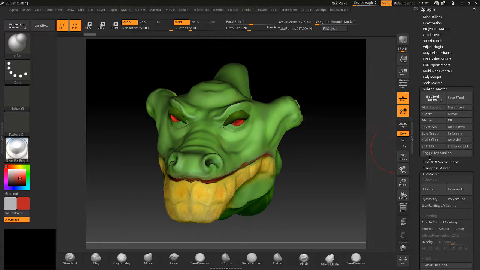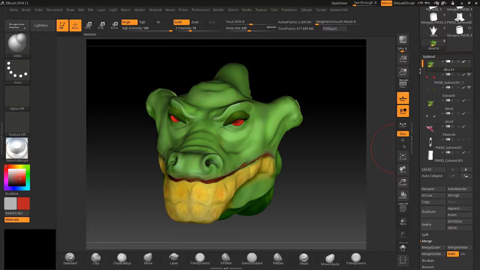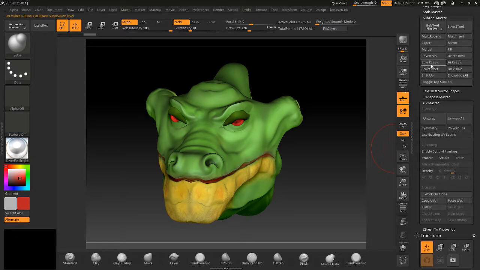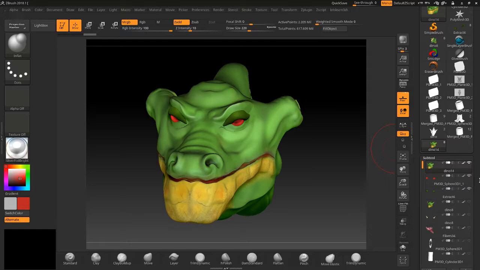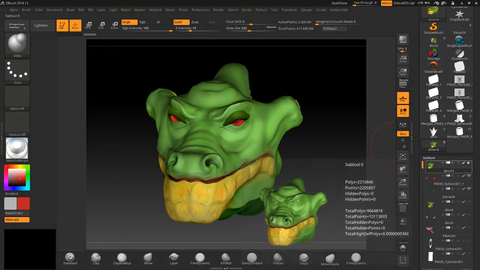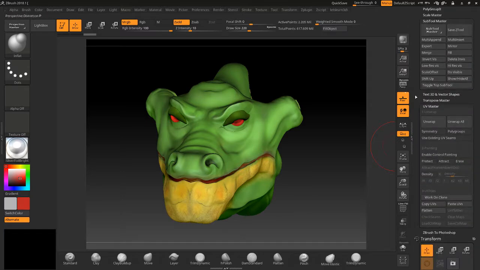Toggle top subtool. I'm not really sure what that's for. Oh, this toggles the visibility of the top subtool, I believe. Yeah, this just turns the visibility on and off, but you can toggle it here, so you don't need to use that. You're probably not really going to mess with this. The only things you're going to really mess with in here,